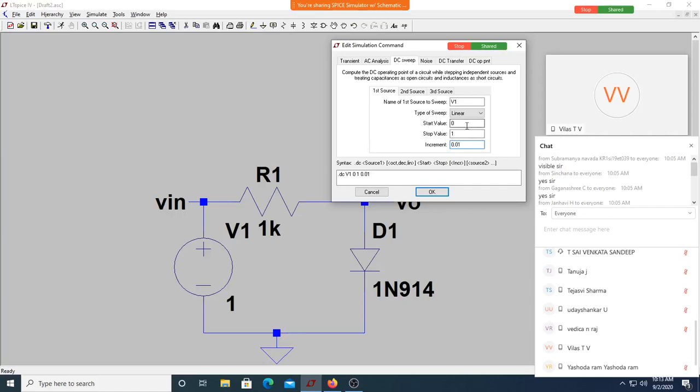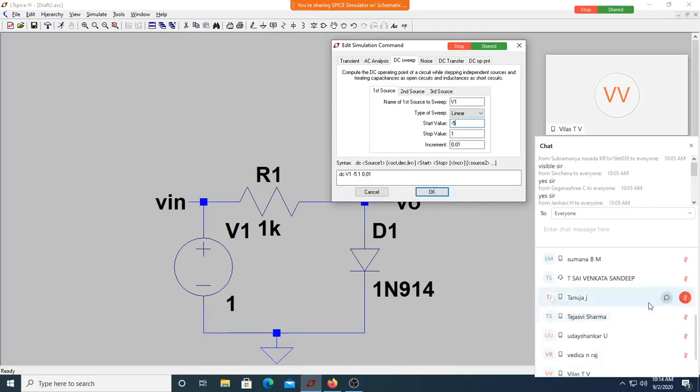I'll get only the forward characteristics, because you are not making the voltage negative. So instead of 0, I'll make it -5. The voltage starts from -5 and goes up to 1 with an increment of 0.01. That is, for every 10 millivolt increment, it will calculate the values.